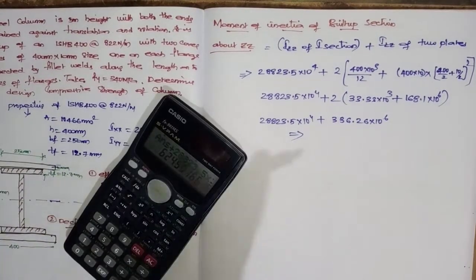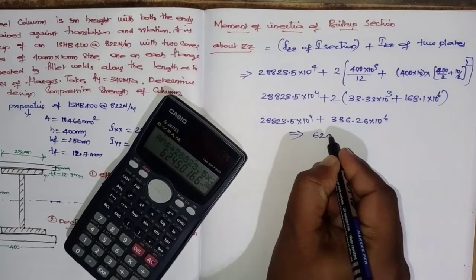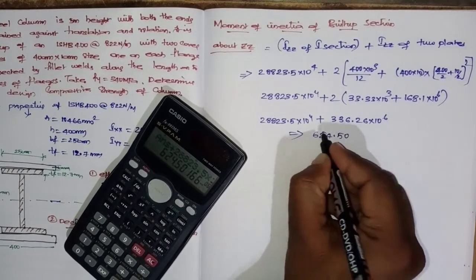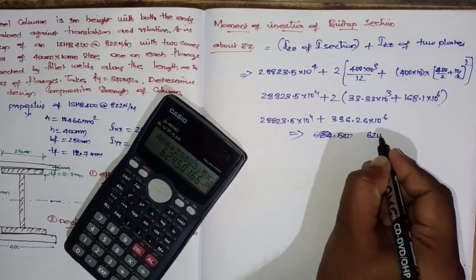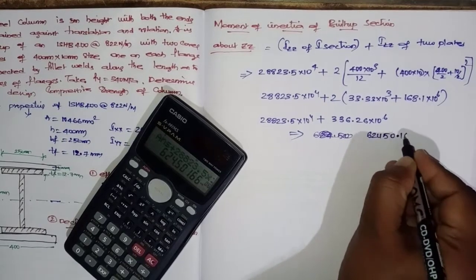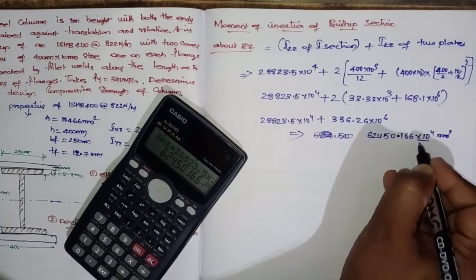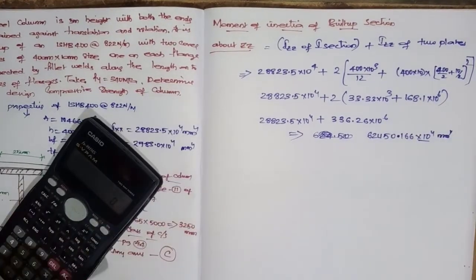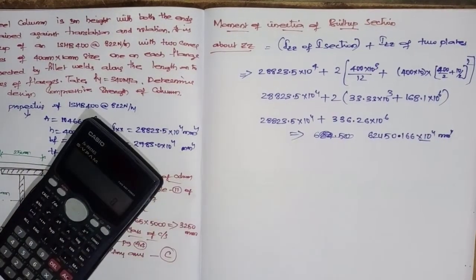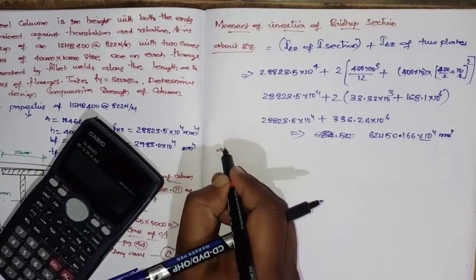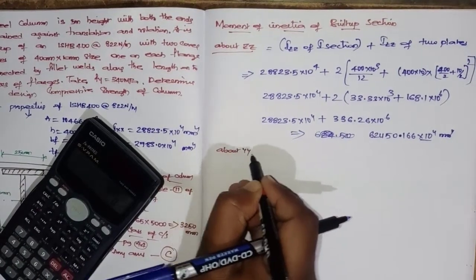So I got 624.50, that is 62450.166 into 10 power 4 mm power 4. Always you have to write with respect to mm power 4, 10 power 4, right? Next, about the y axis,